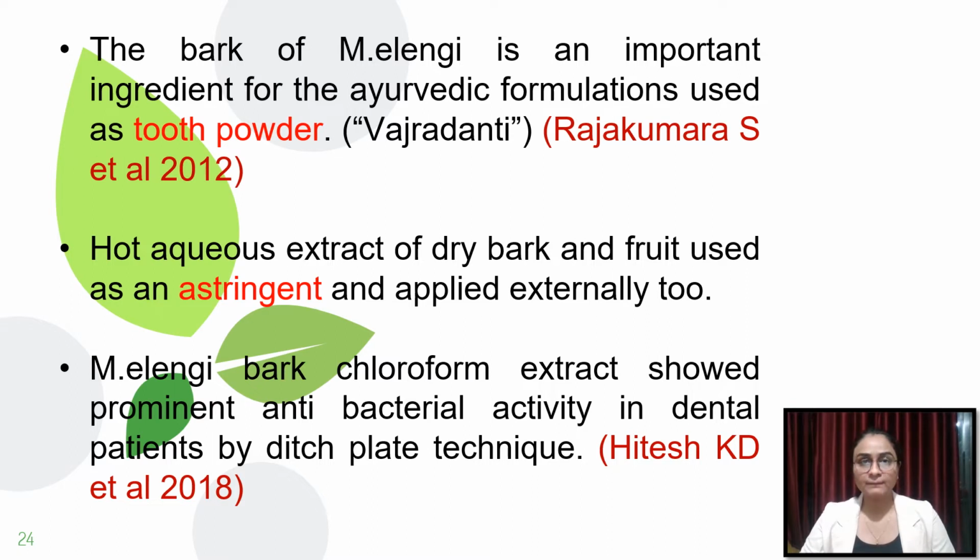The bark of M. elengi is an important ingredient for the Ayurvedic formulation used as tooth powder, that is Vajradanti, which is used commonly in rural parts of India. Then a hot aqueous extract of dry bark and fruit is used as an astringent, and it is applied externally too. So it can be applied on gums and oral mucous membrane as well, as it gives an astringent and cooling effect